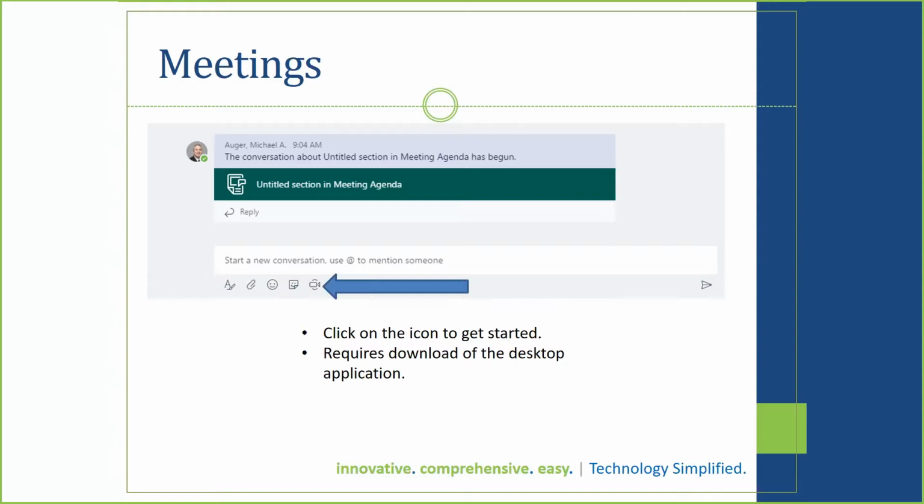Everybody's chiming in. It's a really hot topic. So Teams allows you the ability to click on that video icon, and you can get started with a meeting right then, right there, without stepping outside of the Teams environment to schedule it. Now, it does require the download of the desktop application. If you try to click on it and you don't have that downloaded, it's going to give you an error. So I want to make sure people are aware that you do have to download the desktop application for that